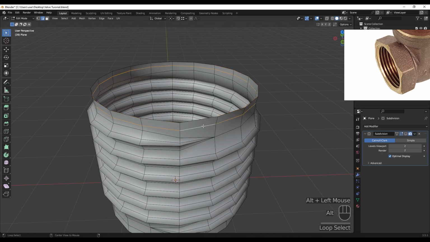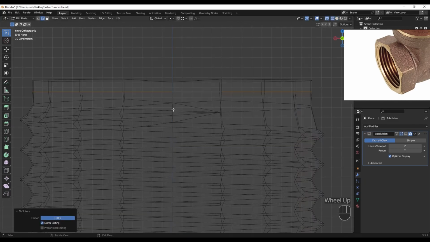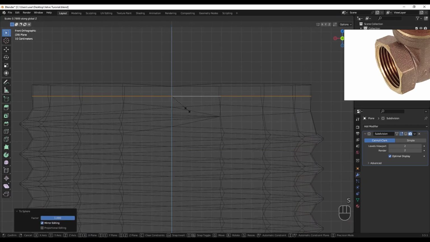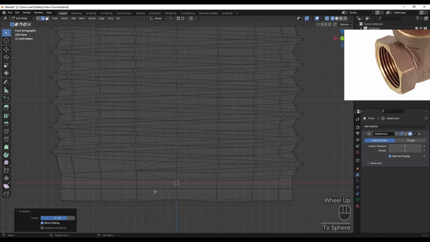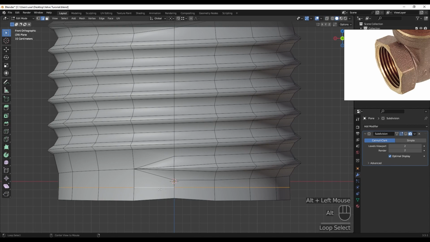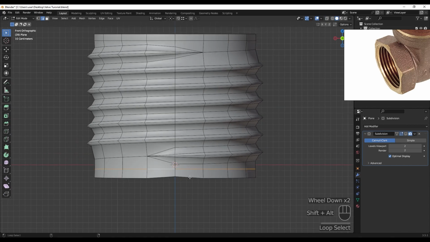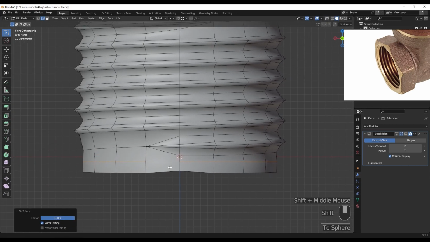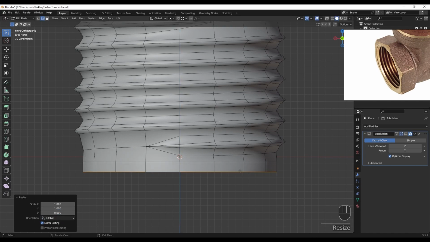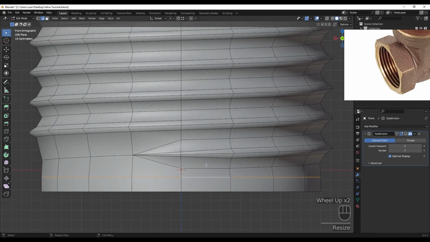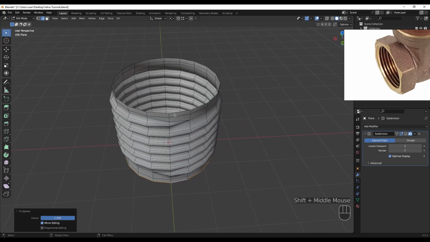I'm going to do the same thing here, selecting these edge loops, Alt Shift S to make it a perfect circle. Also, we need to flatten this through the Z axis. Also this one, Shift R. I'm going to do the same thing on this side, select this and Alt Shift S to make it a perfect circle. Also this one, and S, Z, and 0 to flatten. Also this one, Shift R. Now we can extrude this